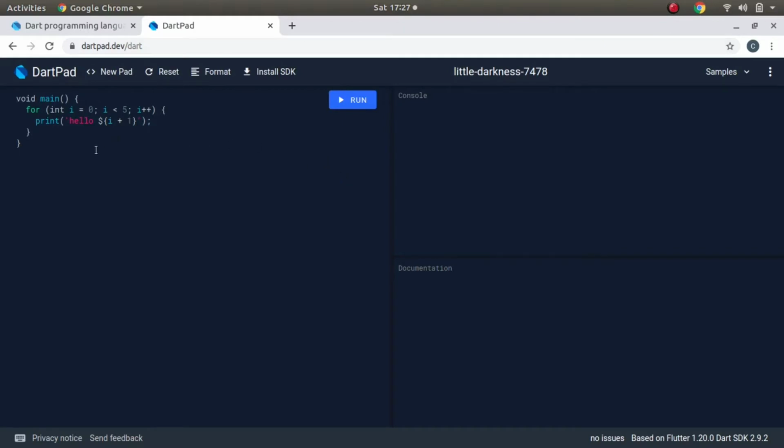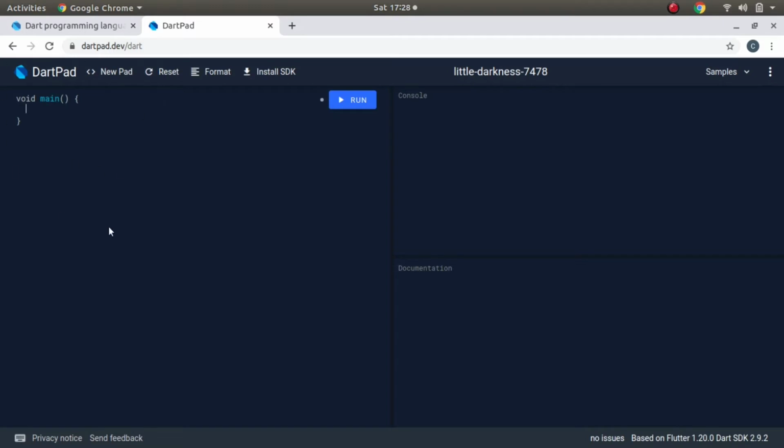Welcome again. So in the last video we saw what Dartpad is. Dartpad is nothing but an online web compiler for the Dart language. What we mean by compiler is explained later in this video. So for basic setup we have to remove these three lines. This code will be provided to everyone in the very first case.